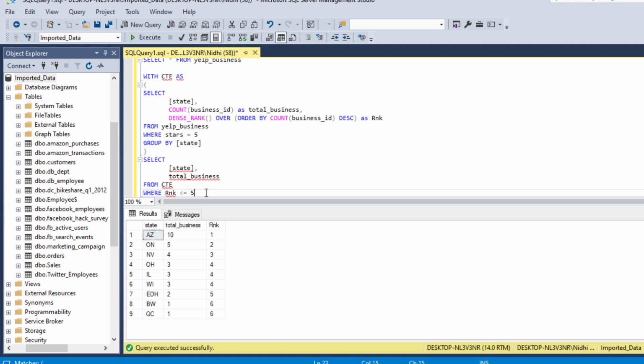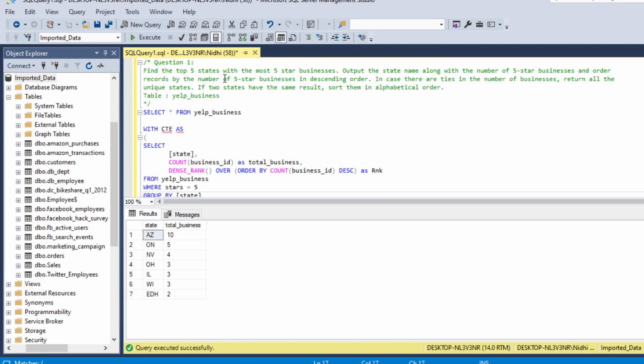So we need rank from 1 to 5. So let's run this code again. So now we have got the top 5 states with the most 5-star businesses.